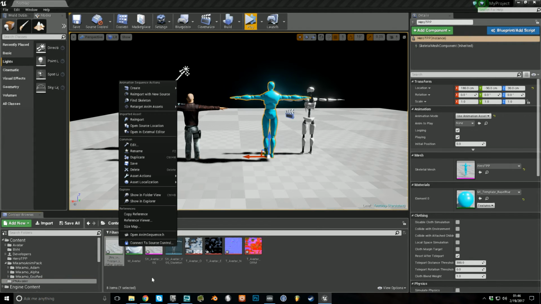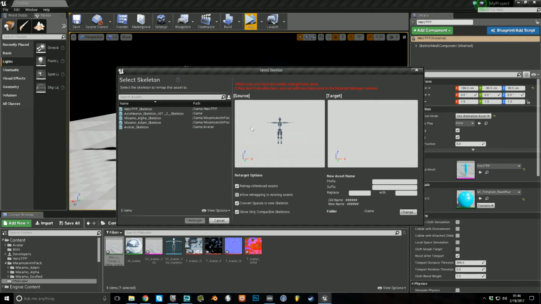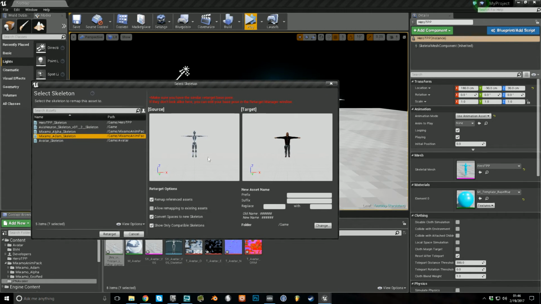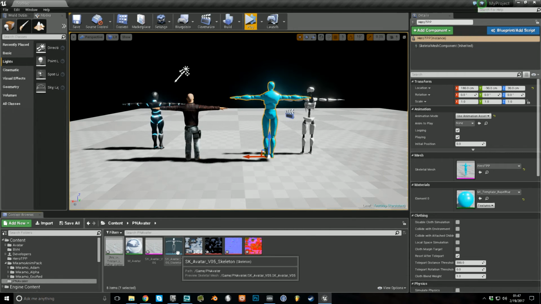So we can right click and just take a look at what it looks like now. If we want to retarget from ours to the Mixamo Atom skeleton, we can see there's a little bit of an issue. These need to look exactly the same to have a smooth transition of whatever animation you want to retarget. So we can see that there's something going on with the hands. Whereas the hands here seem like the thumb is separated from the rest of the hand, and ours, the hand is flat. So we're going to take a look at the base pose for our skeleton,